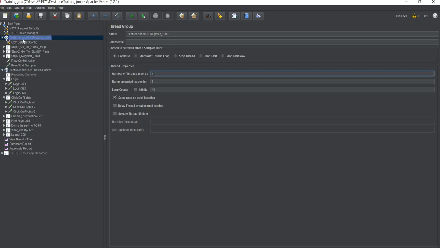When you click on every component, on the right side you get the details of the component. You can see over here, the thread group has its properties: number of threads, ramp-up period, loop count, etc. We will discuss ramp-up period and number of threads when we do the test execution, after we complete the test script preparation. We are still in the phase of preparing the test script. Just giving you a glimpse, after preparing the test scripts, we will be doing the test execution, then analyzing the reports, then connecting our JMeter with the PerfMon agent.